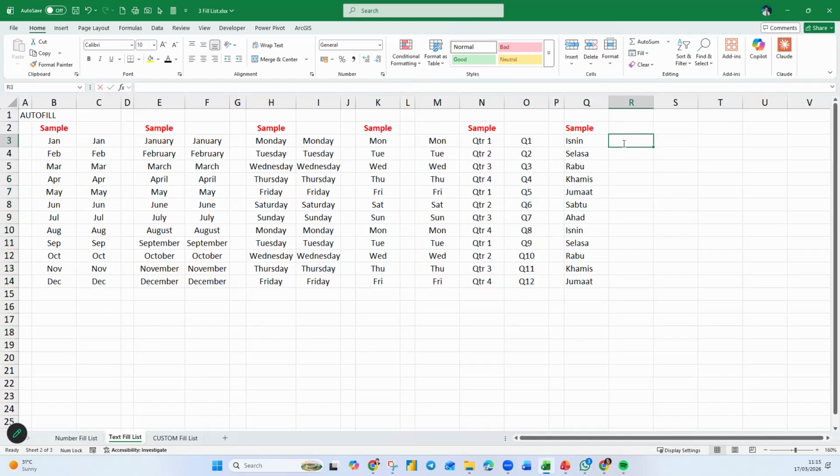Okay, what do you think? Guys, if I put here Isnin, will they know after Isnin is Selasa? Yes, no? Give me some answer. What do you think? No. Edison is no. Okay.